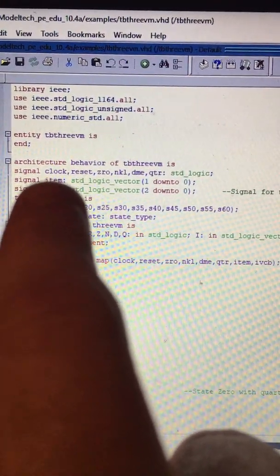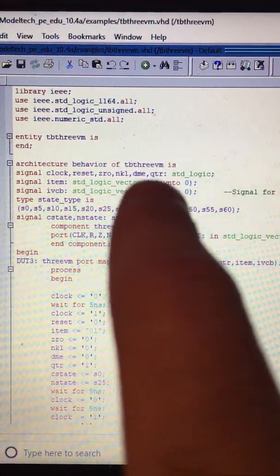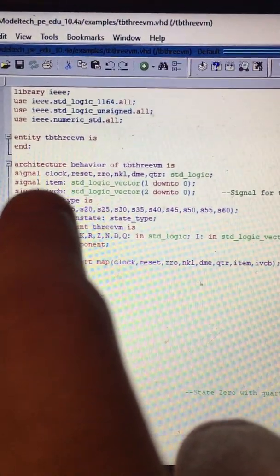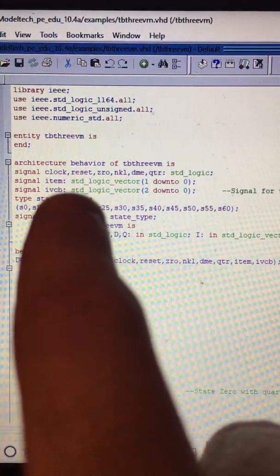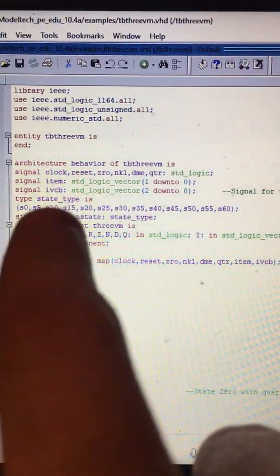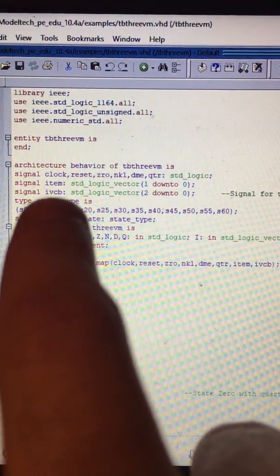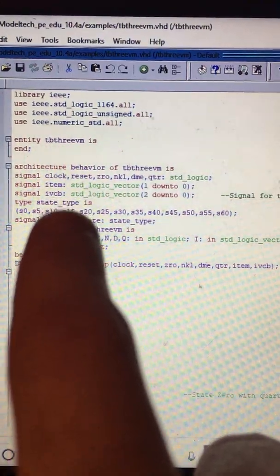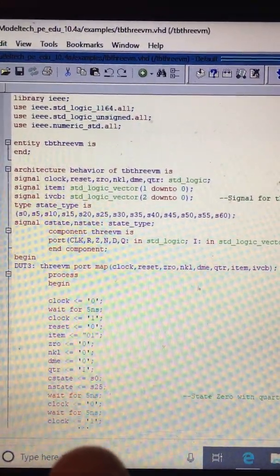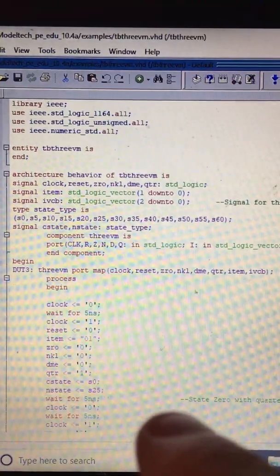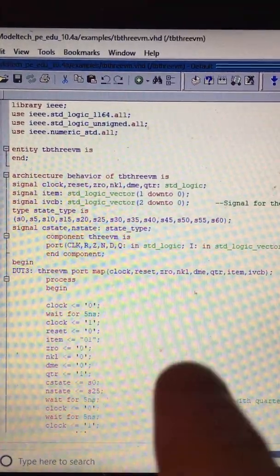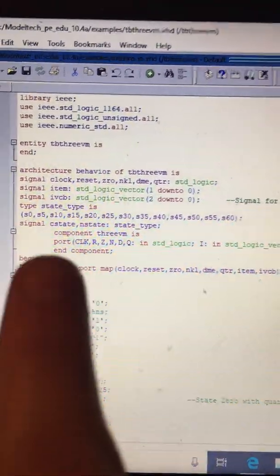I created signals clock, reset, zero, nickel, dime, and quarter of standard logic. A signal item, which is the 2-bit selector, and then a 3-bit output that stands for the item selected, the item being vended, and if change is being given back. I created a type